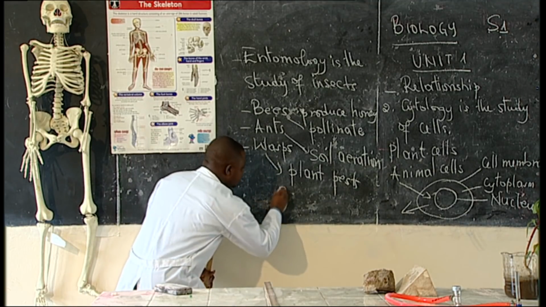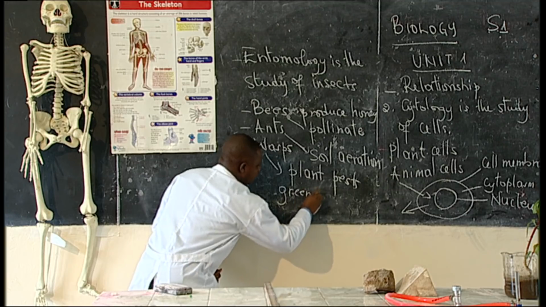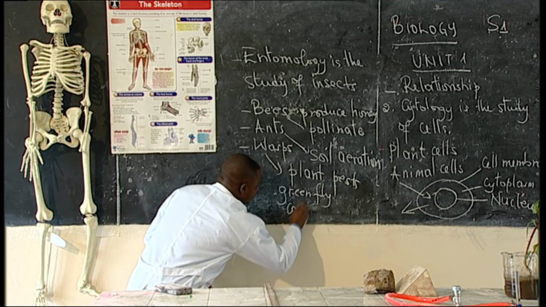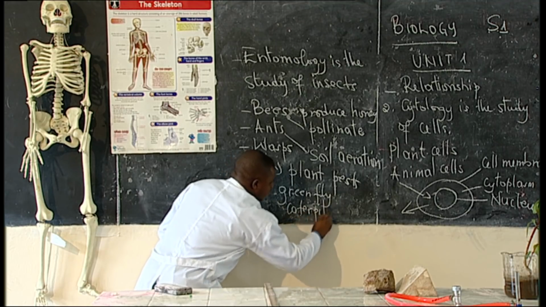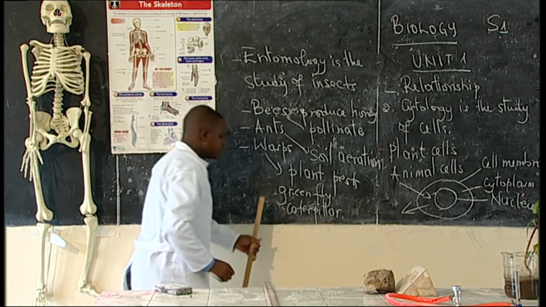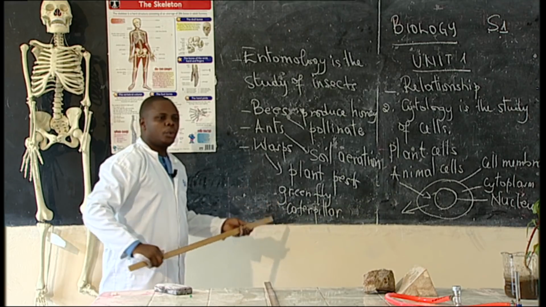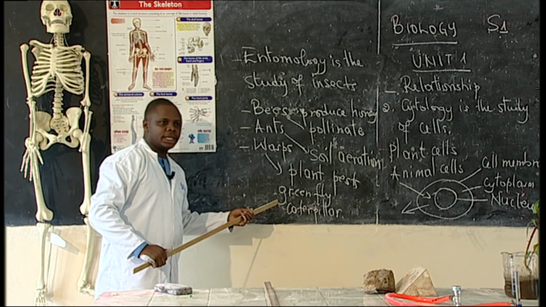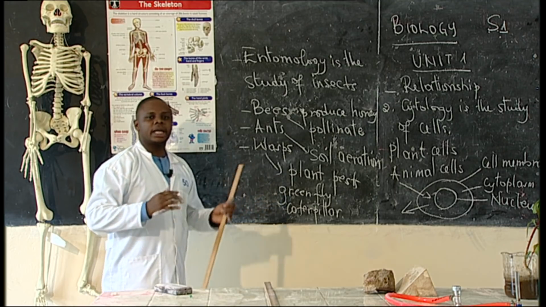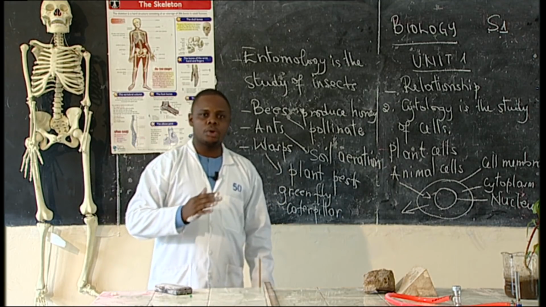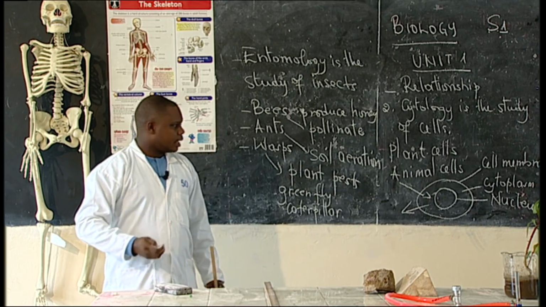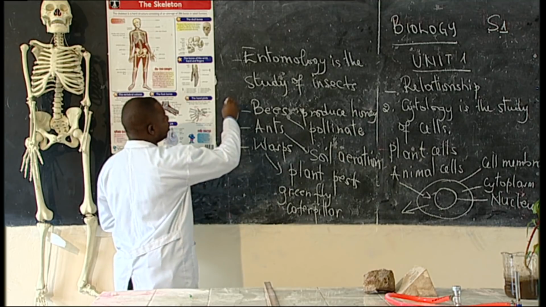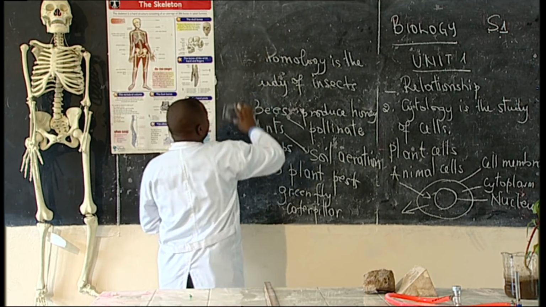Example, we can have green fly. We can also have caterpillar. These are examples of pests which destroy our plants. So wasps can eat them, and when they eat them, that means our plants grow well. Another branch of biology